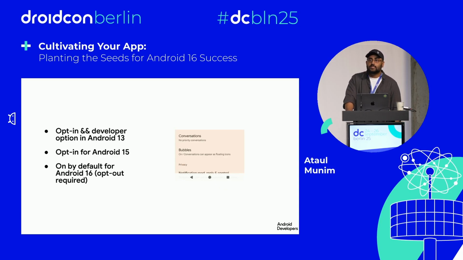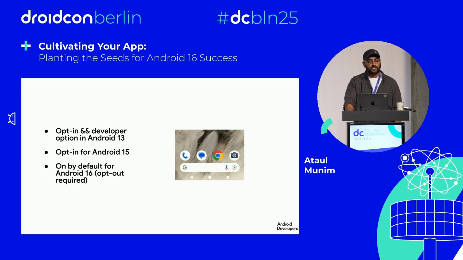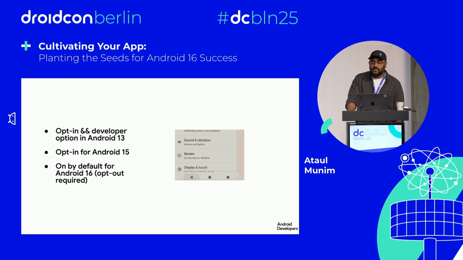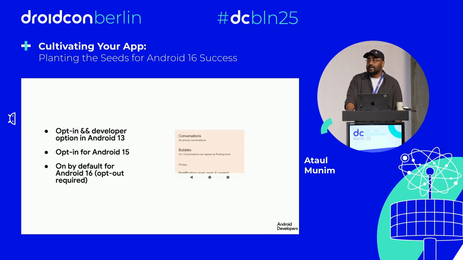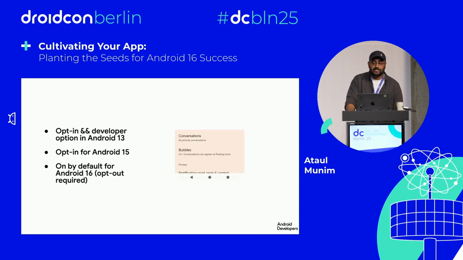Android 16 also added more features, including a mechanism to observe back events without consuming them. Targeting Android 16 also enables this feature by default, so if your app isn't ready, you'll have to explicitly opt out. Again, this is a temporary fix and is not guaranteed across future versions of Android.